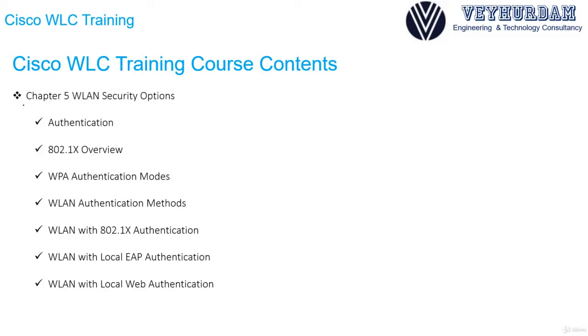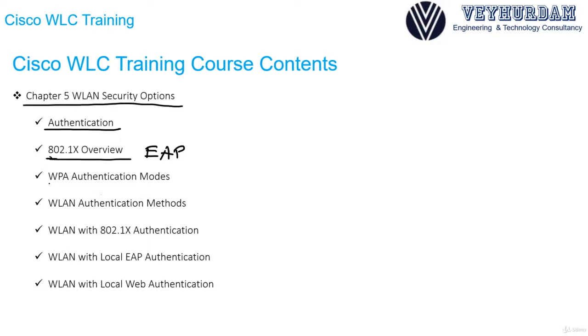In Chapter 5, we will go over wireless LAN security options. But before configuring everything, we will understand why we need authentication and what kind of benefits it will give us. We will talk about 802.1X overview, what is the packet flow for your EAP process, and then we will do